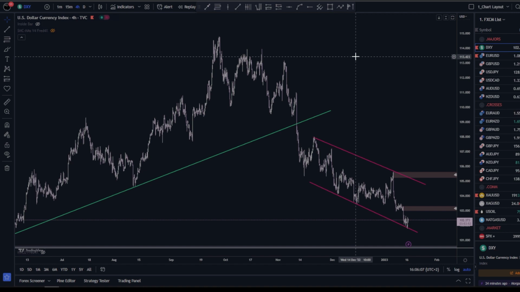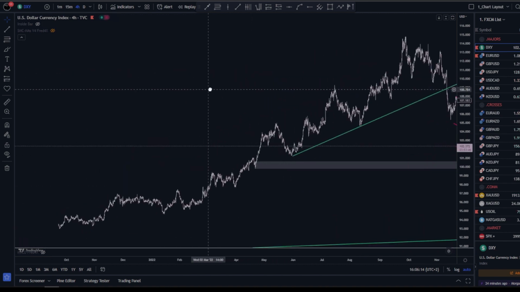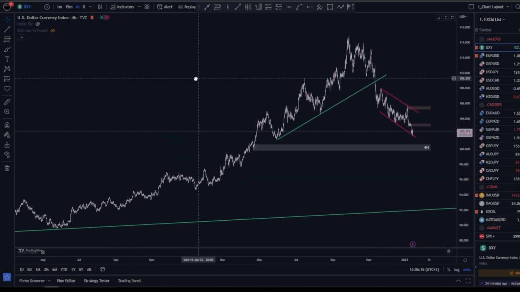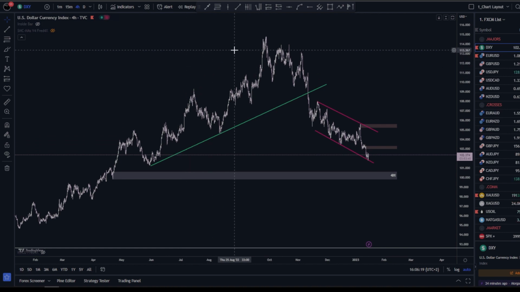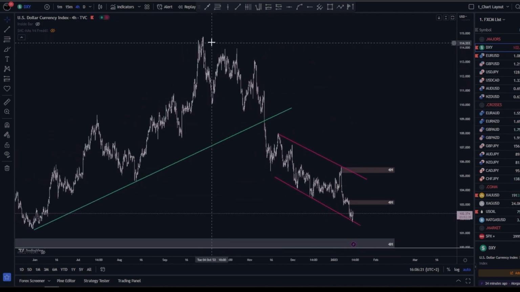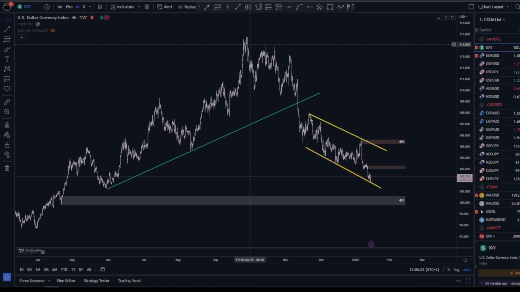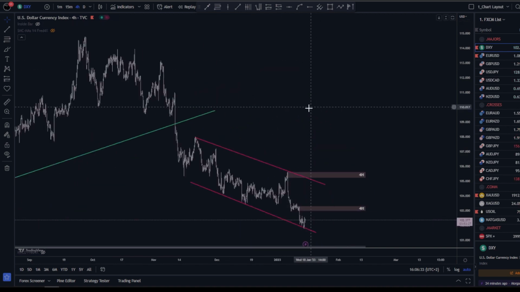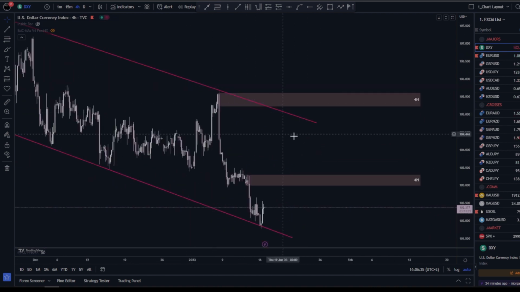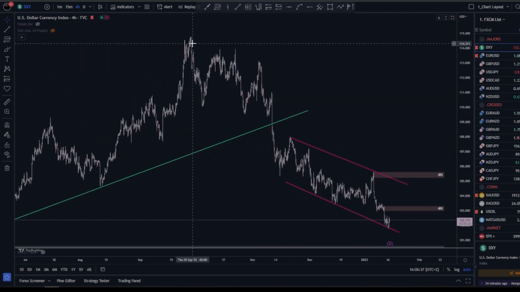So right now I was looking at the dollar index. As you may already be aware, the dollar index started last year at the beginning of the year a big bullish impulse, and right now is making a big pullback to correct the previous impulse. As you can see, the price is making a channel here. This is a sign that the momentum is dying out, and I'm expecting the market to start making a bigger corrective structure for this first wave down.